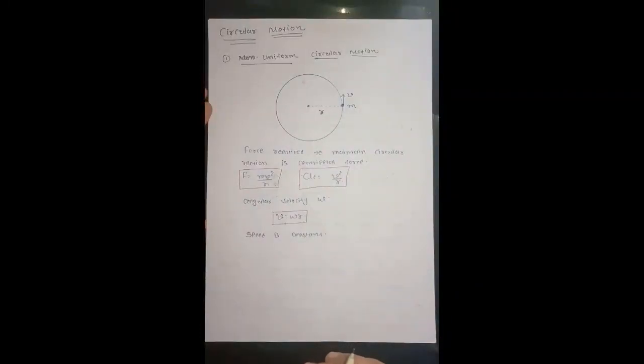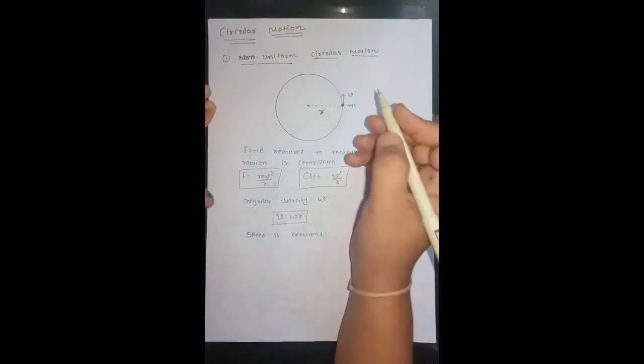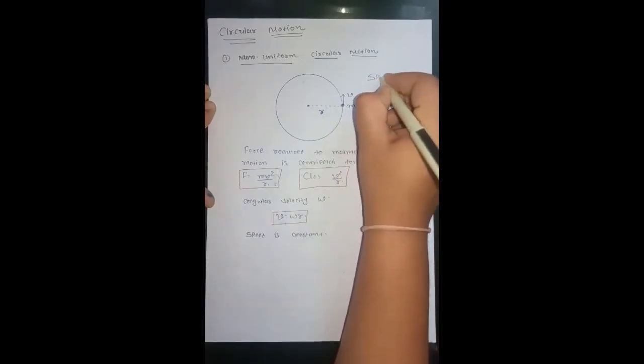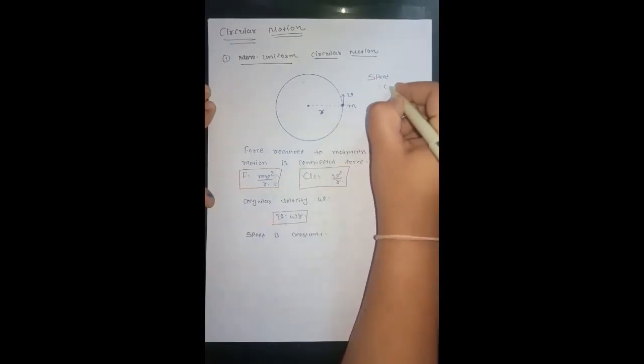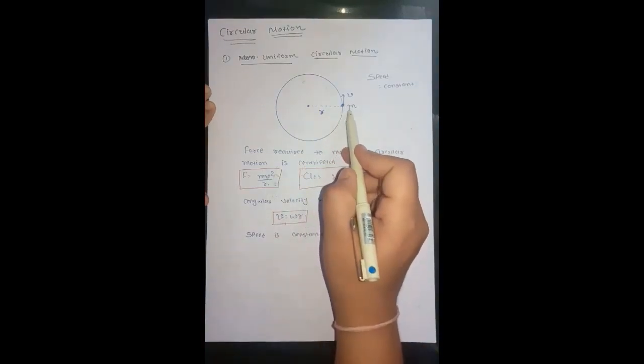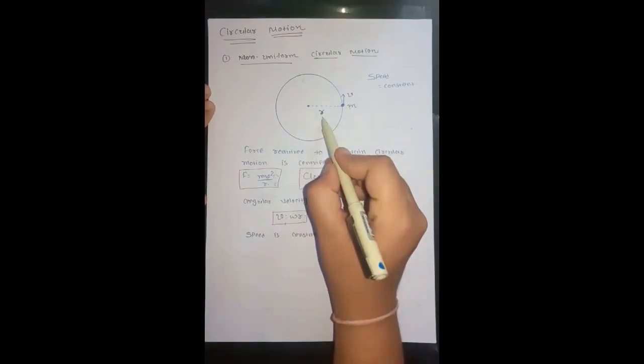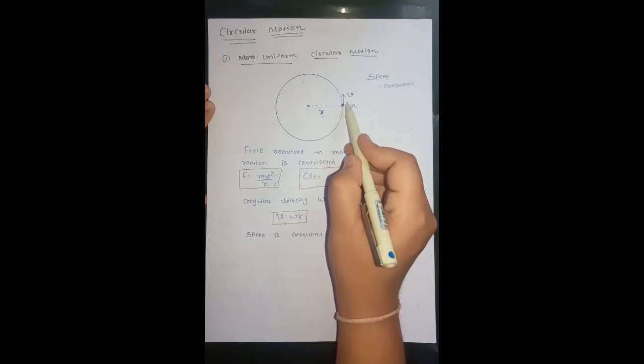Now we will learn about the various circular motion. Let us start with the simple one, that is uniform circular motion. In the uniform circular motion, the speed of the object will be constant. Let's say an object of mass m is moving on a circular path of radius r with constant speed